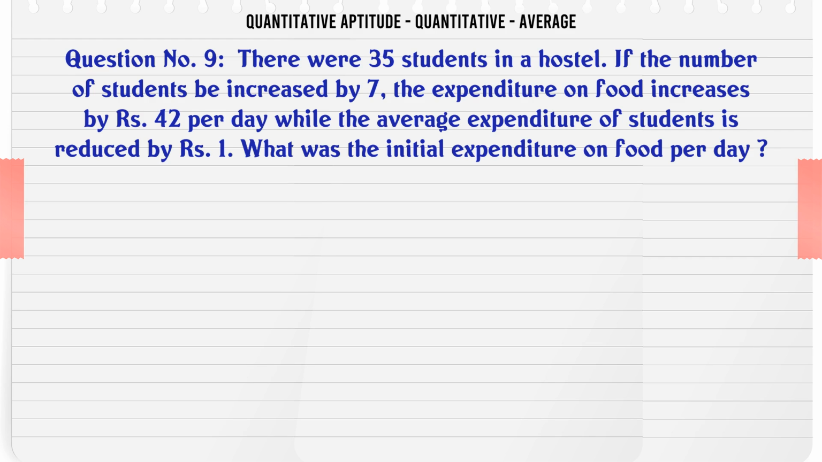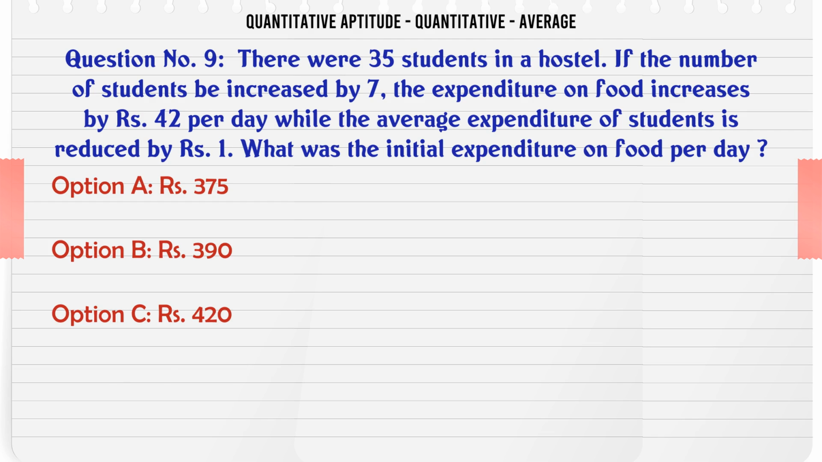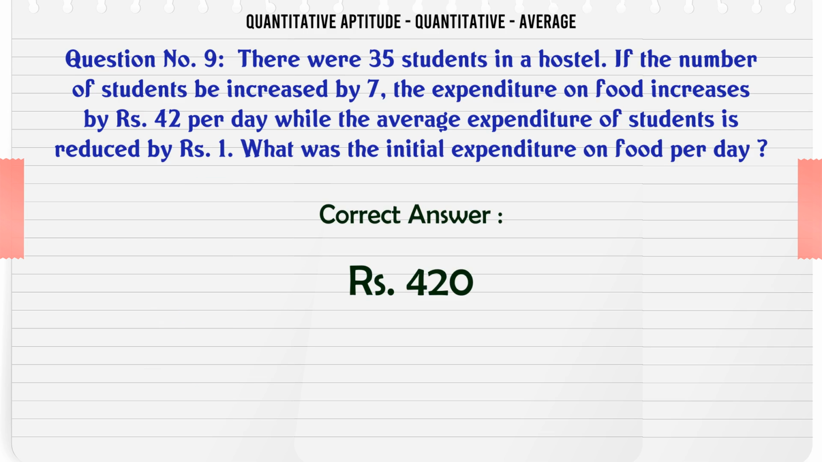There were 35 students in a hostel. If the number of students is increased by 7, the expenditure on food increases by 42 rupees per day while the average expenditure of students is reduced by 1 rupee. What was the initial expenditure on food per day? A 375 rupees. B 390 rupees. C 420 rupees. D 460 rupees. The correct answer is